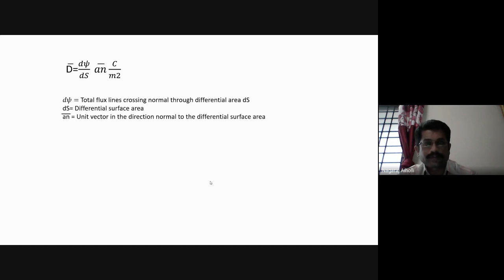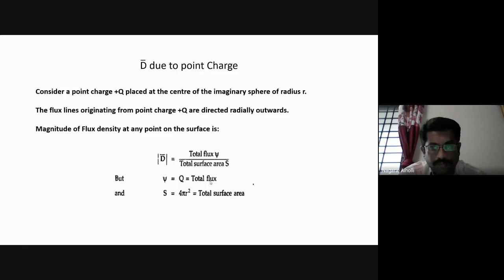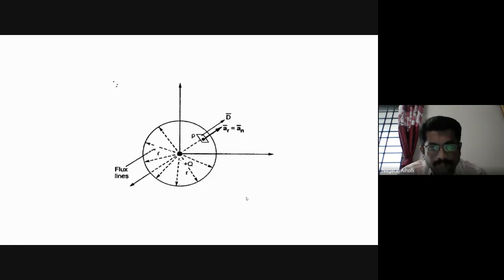What is the surface area of the sphere? Mathematical formula for the surface area of the sphere. 4 pi r square. Excellent. It is 4 pi r square. That is, S is equal to 4 pi r square, where 4 pi r square is the total surface area of the sphere. Okay. So this is the sphere, students, that I was explaining here.